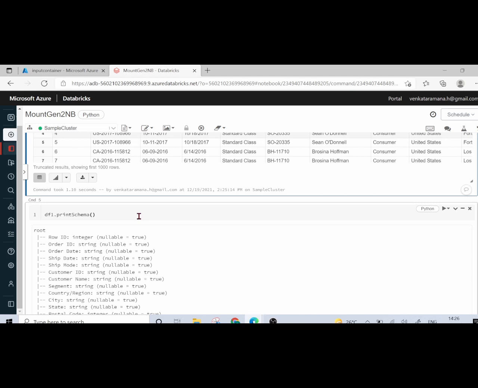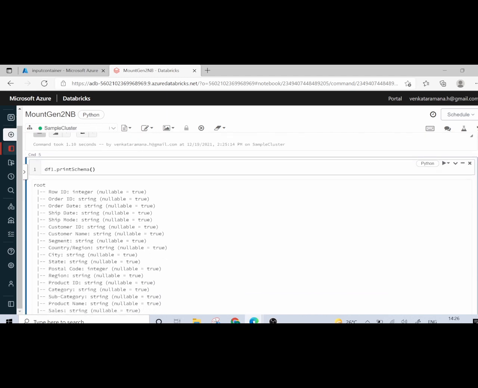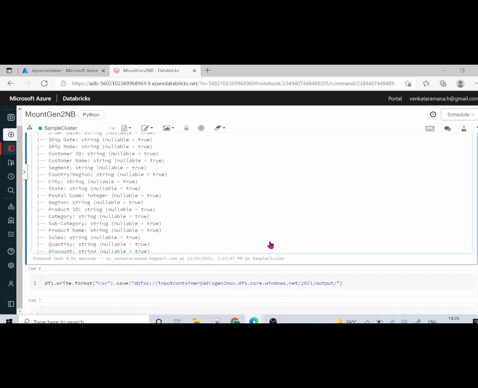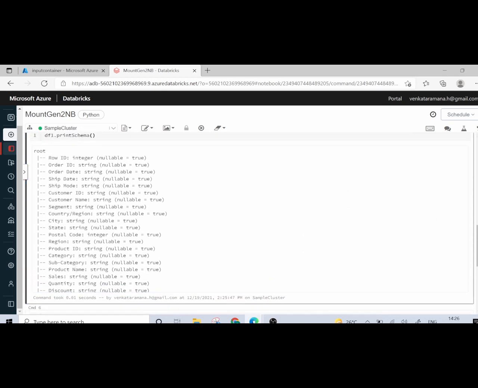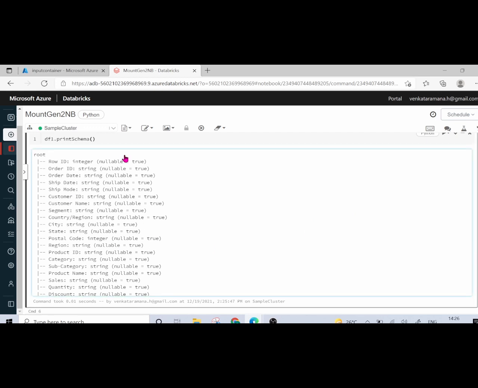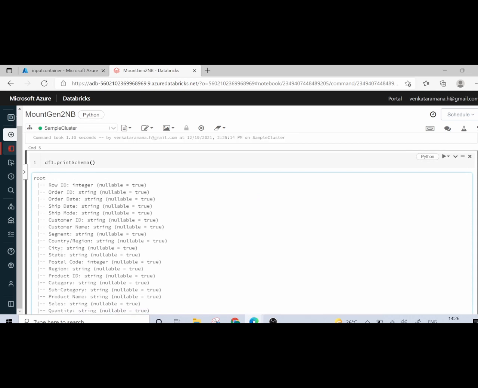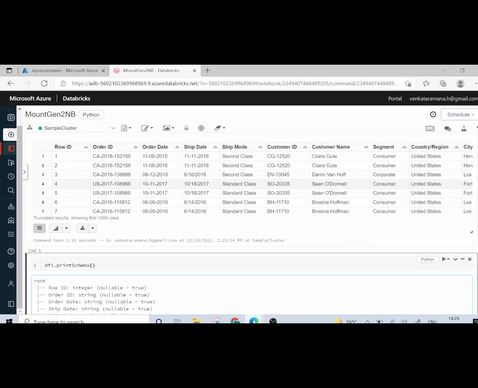If I want to display the schema, I'll just specify df1.printSchema. Using this, you will be seeing the schema of it. All right, since I have not specified any schema, I have just given inferSchema as true. So what is it doing? At runtime, whatever values you are passing, inside my row ID, I am passing something called 1 2 3. So 1 2 3 is nothing but integer, correct? So it is taking integer value. We have not specified any schema, but at runtime it is considering it as integer.